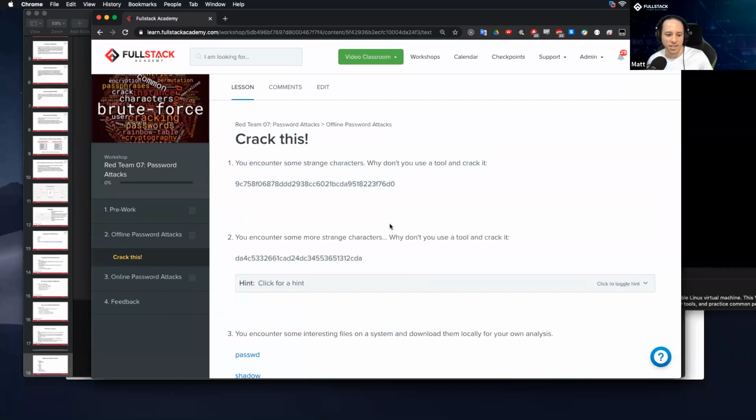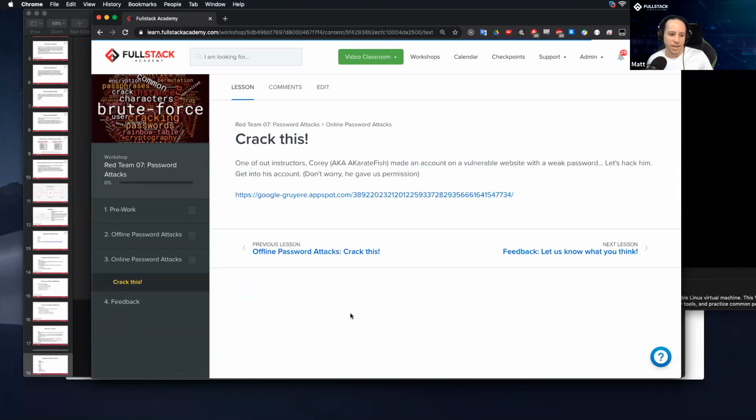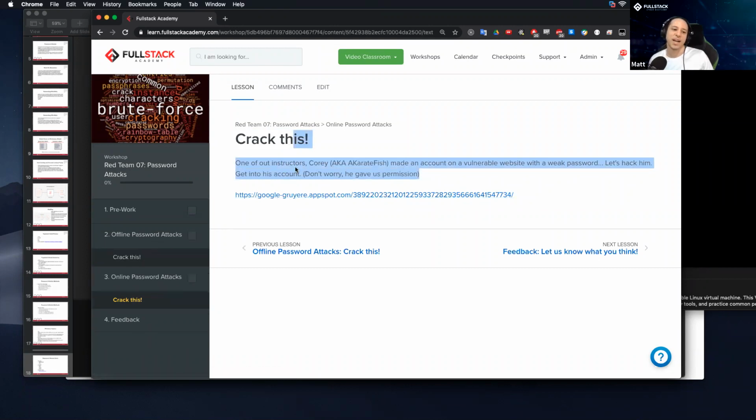You'll work on these first with your partner. Then you'll have online password attacks. We got you a little web app right here, kind of similar to what I did. You're going to be hacking Corey, aka our karate fish. He gave us permission to do this. This is totally fine, right? So you're going to be doing an online password attack and an offline password attack.